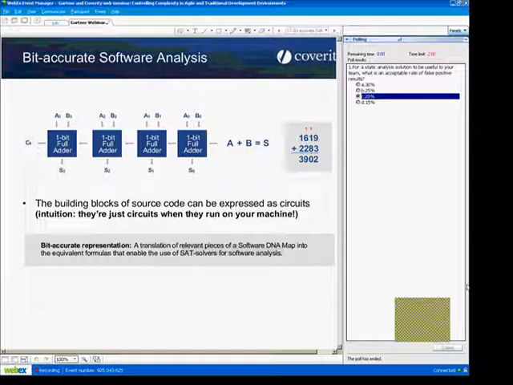It would take two operands, A and B, and it would take each bit, A0 and B0, push that through a 1-bit full adder, and out would come a result, and then potentially a carry bit would go into the next 1-bit full adder, and so on and so forth, until we've computed the result for the addition. And if you think about it, these 1-bit full adders are just a sequence of gates. It's ands, ors, and nots, and we're feeding 1 bit at a time through these gates. And so just like we can translate and think about each variable as an array of bits, we can translate